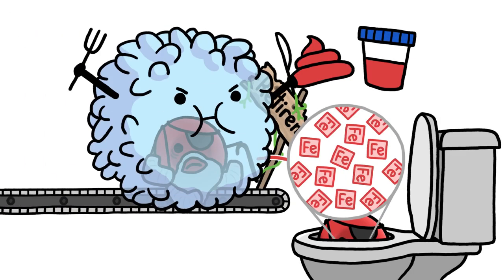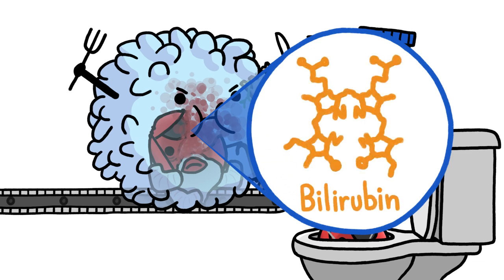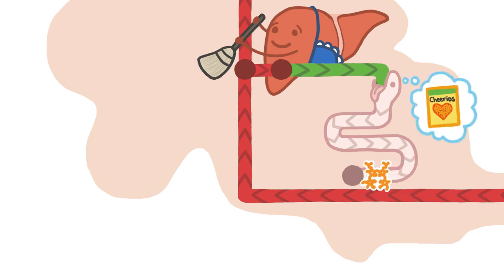Instead, white blood cells engulf their red comrades and crack them open to reclaim the precious iron, leaving the disposable iron wrappers to degrade into a molecule called bilirubin. The liver tries to clean bilirubin from the bloodstream by sweeping it into the intestines. But unfortunately, the intestines mistake it for food and push it right back into the bloodstream. In other words, left to their own devices, our bodies send bilirubin on an infinite loop and never actually get